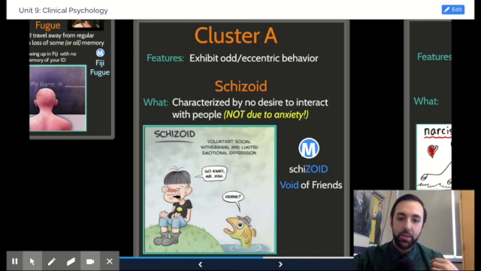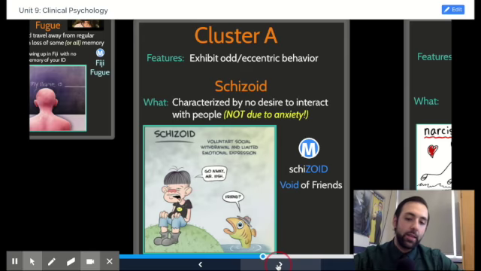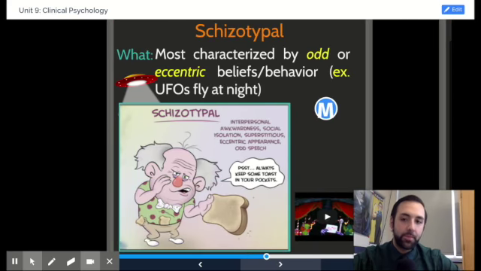So that double V there to me is useful. Voluntarily void of friends. The next is what we call schizotypal personality disorder, which is characterized by odd or eccentric